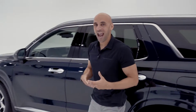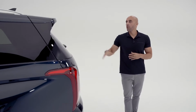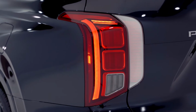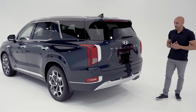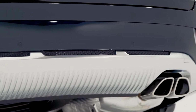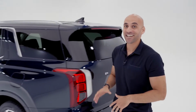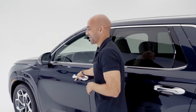To enhance the silhouette and profile of Calligraphy, we have our roof side rails up above. And in the rear, the wide, high-mounted rear center brake light, as well as the unique vertically stacked LED tail lights, the beautiful rear accent lighting, and to really highlight the rear of Calligraphy, you can notice that in the streamlined premium rear diffuser. And down below, you're going to have your dual single-tip exhaust to really highlight the sportiness of Calligraphy. Now, as good as Palisade is at making a vehicle of this size look sporty, refined, and balanced from the outside,